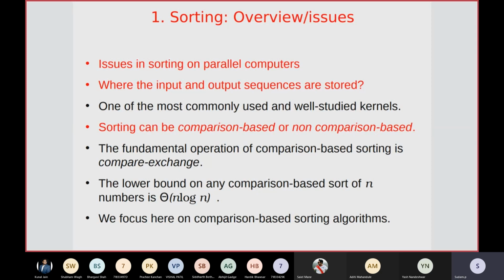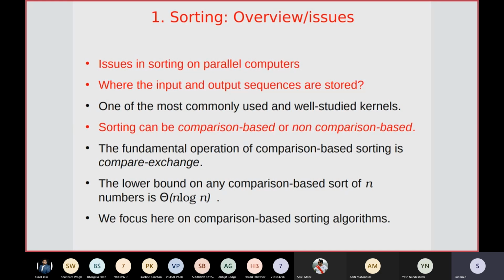So this is where the input and output sequences of the elements are stored. For smaller sizes, 100 to 1000 elements, it's okay, you can store them in the local memory of your processor. But what about numbers or data in the form of big data? This might be the data of a company like Amazon.com, which maintains customer IDs, names, and numbers in a database.